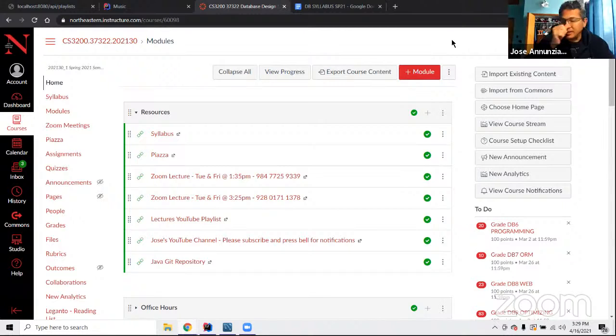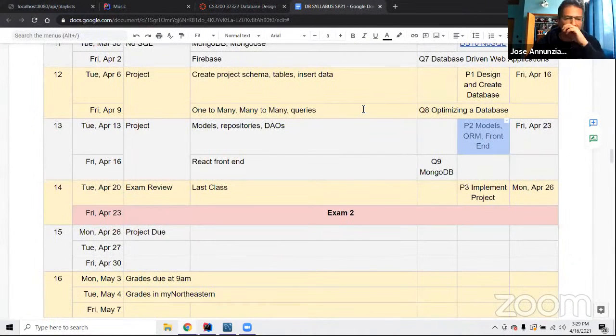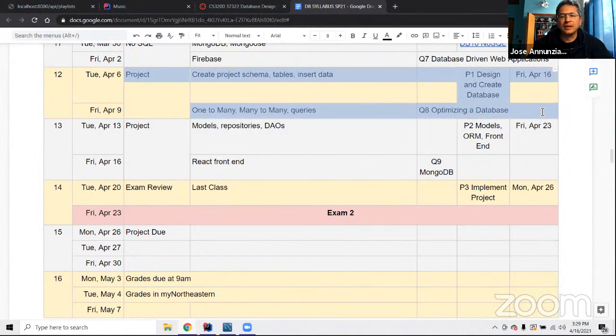So, let's take a look at the syllabus to see where we are at. Last week we took a look at working on the P1 design and creating the database, which was due today, but I did move the due date to Monday. Although you shouldn't fret too much about